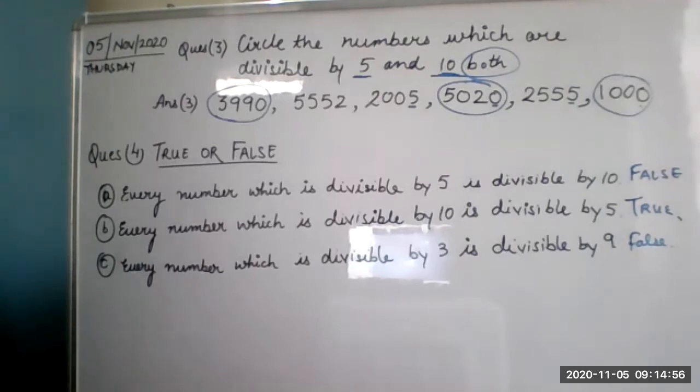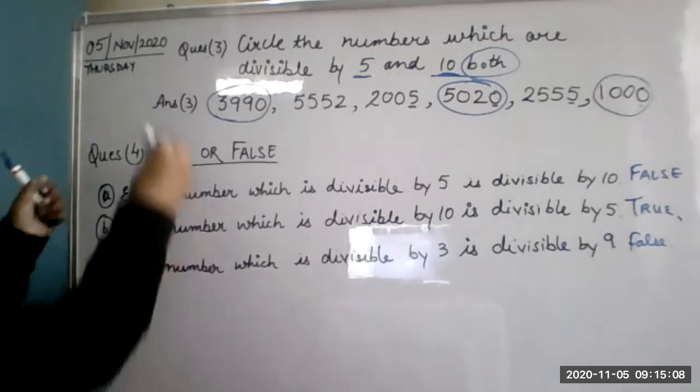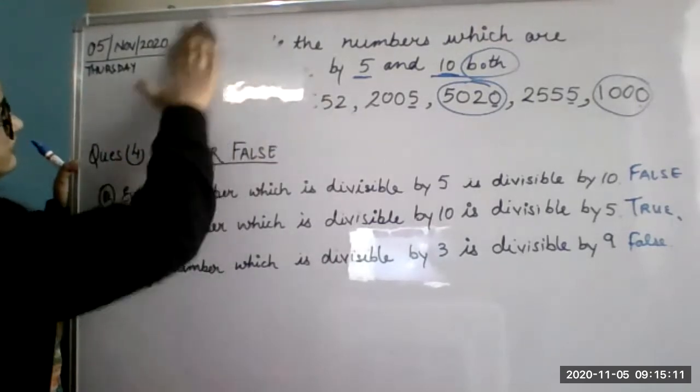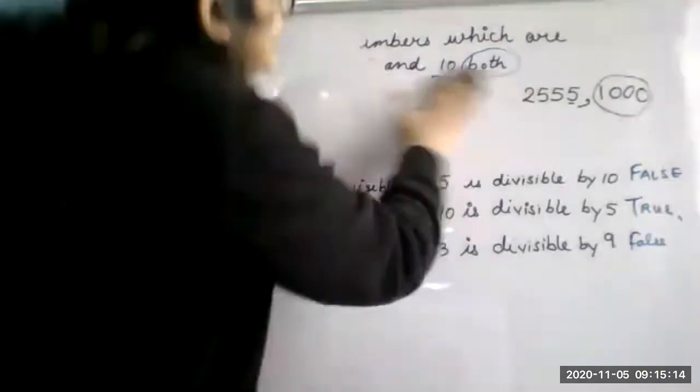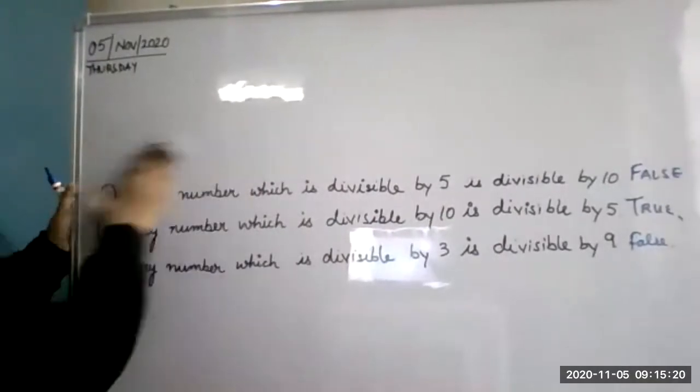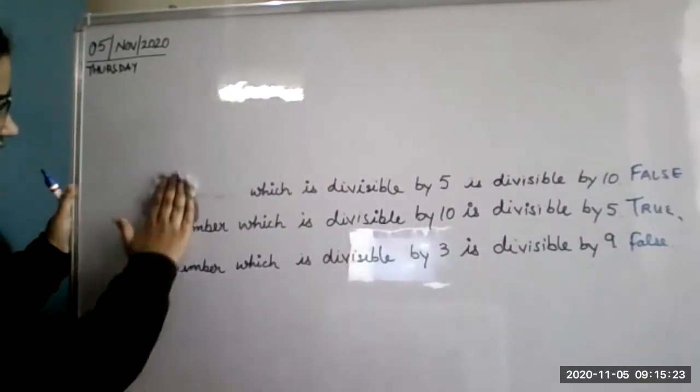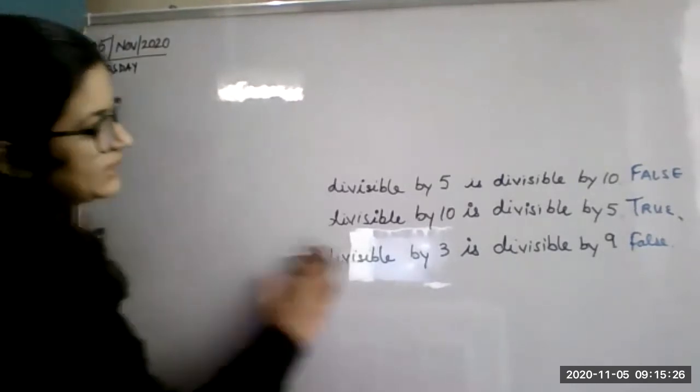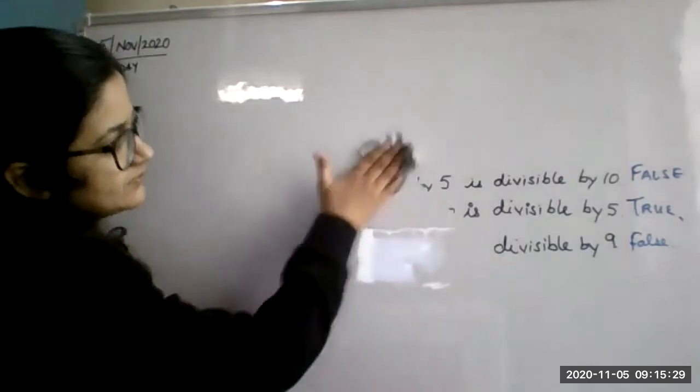Okay, beta. Now I'm going to give you some reasoning questions. Have you all done this? Shall I rub it? Yes, ma'am. Okay, I'm going to rub it. Now we are going to start reasoning. Prime numbers and composite numbers we will do next time. LCM and HCF is also left. LCM and HCF as well as prime numbers and composite numbers we will do next time.